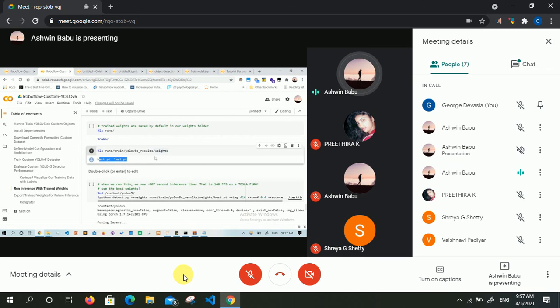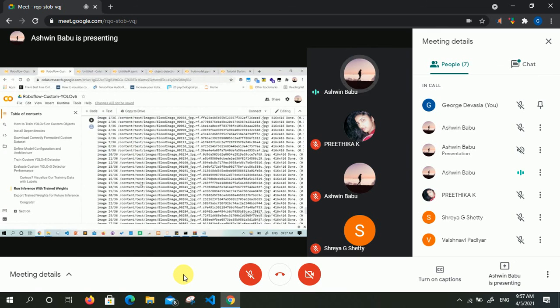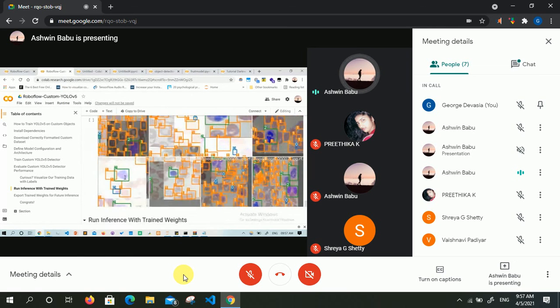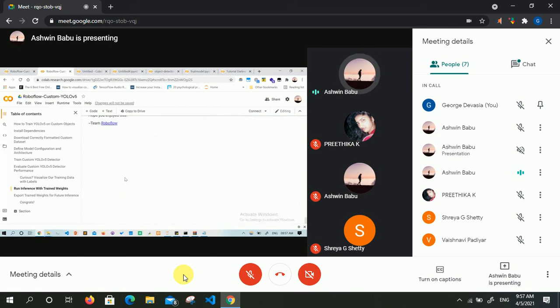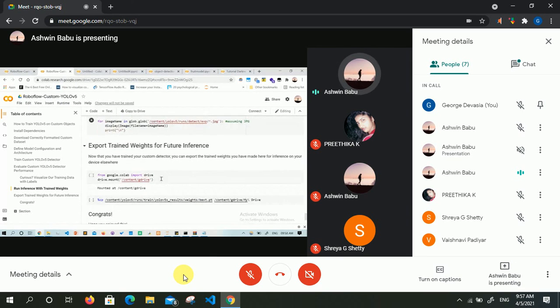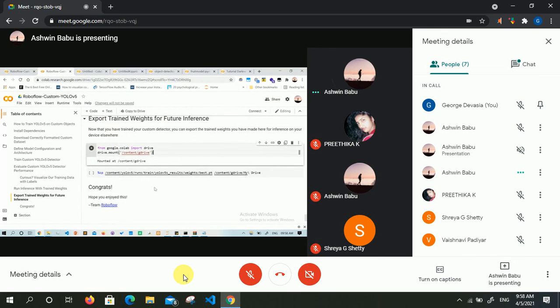You can get them from the directory runs/train/yolo, best.pt and last.pt. And now here we are going to detect using some other images. Once we complete the training, we are going to test the images. I have not executed that also. I didn't get time.